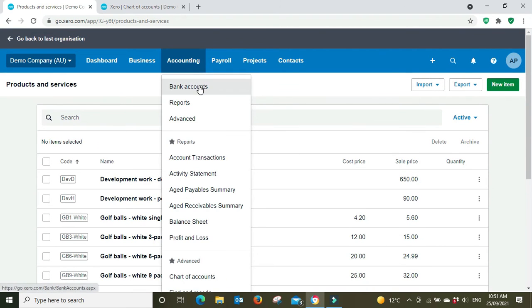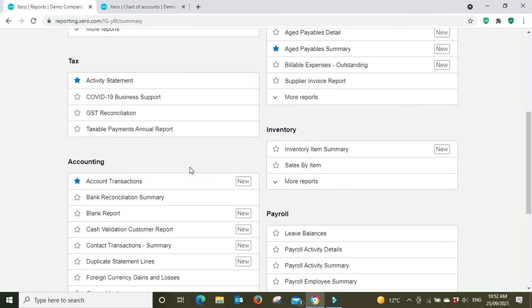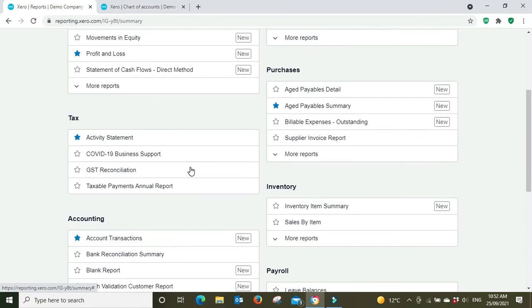Accounting. Bank accounts, we've had a look at that. Reports. There's a whole bunch of reports here that can help you to do pretty much anything you're going to need to do in most cases. And in the case when you can't find the report here that you need to do, you can always run a different report that gives you the information you need, and then export that data out to Excel, and then manipulate that data or edit it to produce a report in the format that you actually need for whatever it may be. So you got your balance sheets, cash summaries, profit and loss, aged receivables, aged payables, all your common stuff, payroll reports, fixed assets,